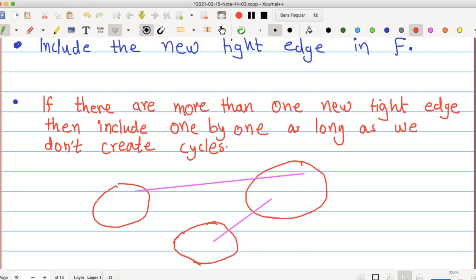Then this has already become a connected component, right? These three components have now become one component. So you don't need to add the third tight edge. It is tight, but it will not go into your primal solution F. So that is the only thing you need to be careful about.